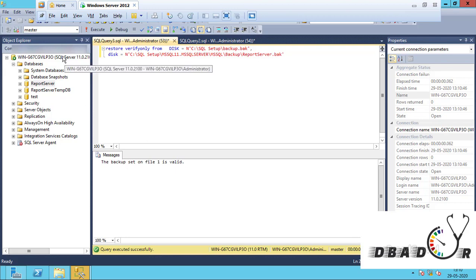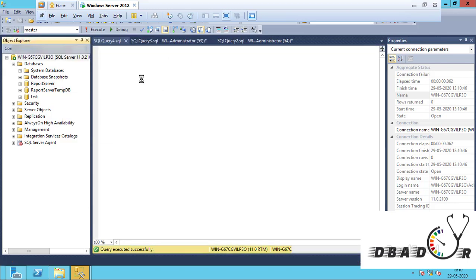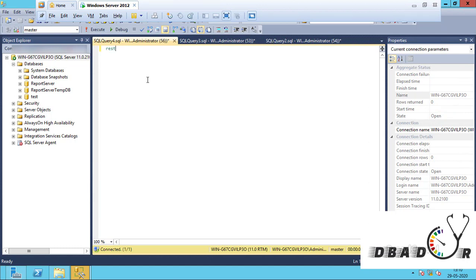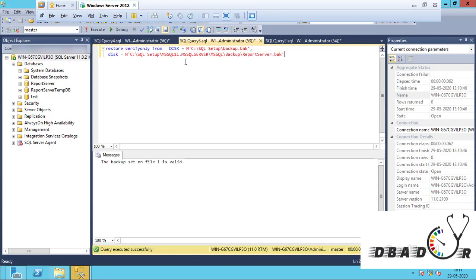So if we want to restore, let's say this is our new server, we just have to copy the backup there, and we just have to restore the database, and give whatever name we require, test db, from disk. Okay, and in this scenario I can take any piece of the backup.